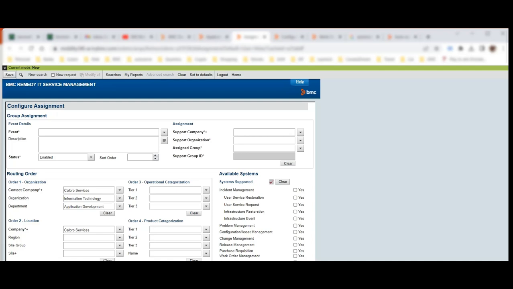Then the system will check the location. Okay, what is the location defined for this ticket? Then similarly, we will check the operational category. Then we will check the product category. And once we match all of them, suppose for example there is a match for company, location, operational category, and product category with the rule which is defined here in the system, it will check then what type of event